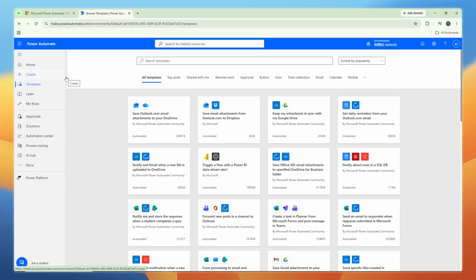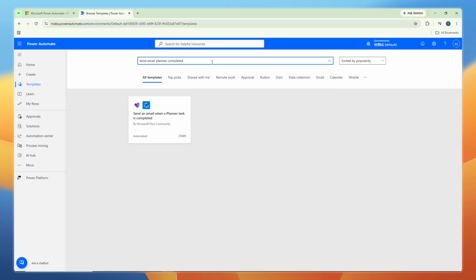Now, in the template section, you'll see a search bar at the top. Type Send Email Planner Completed into the search field. This will filter the results and show you templates specifically related to sending emails when planner tasks are marked as complete. From the search results, locate and click on the template that says Send an email when a planner task